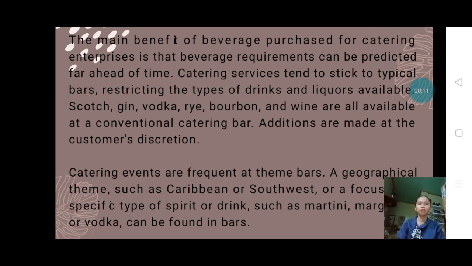So one of the main advantages of beverage purchasing for catering enterprises is the ability to predict beverage requirements well in advance. Catering services typically offer a standard bar selection that includes popular spirits like scotch, gin, vodka, rye, bourbon, and various wines. This standardized approach allows caterers to plan and procure beverages efficiently, ensuring they have the necessary inventory